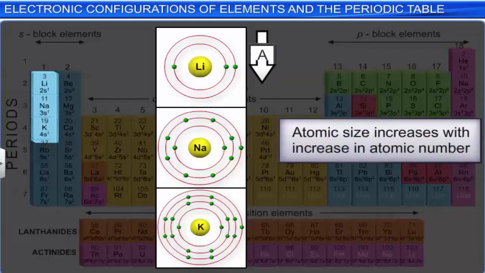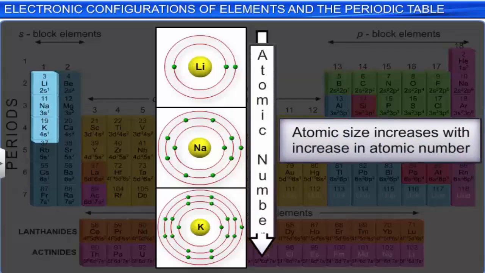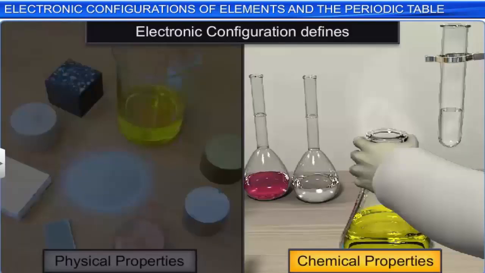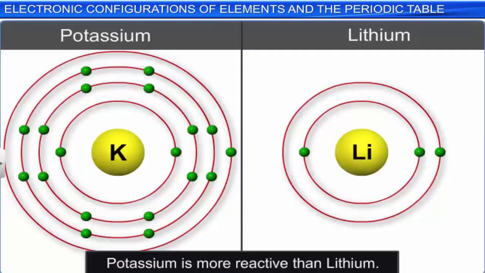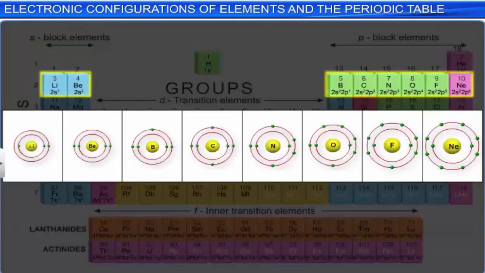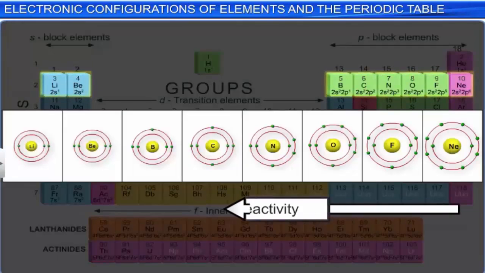The chemical properties of elements depend on their electronic configuration for the same reason. The elements with higher principal quantum number more readily take part in chemical reactions due to weakly bound outer electron. The chemical reactivity, however, decreases with increase in atomic number for the set of elements having the same principal quantum number.